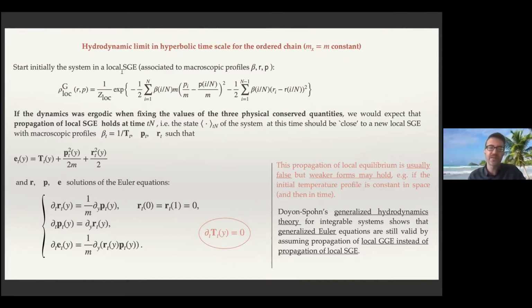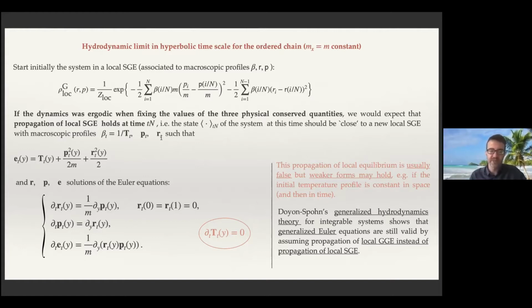Okay, so it is a local standard Gibbs ensemble. The general theory of statistical mechanics says that if you start with some local Gibbs ensemble like this one, we would expect that at time tn, in the hyperbolic time scale, where n is the length of the chain, the true state of the dynamics should be close, in some sense to be made precise, to a local standard Gibbs ensemble, in this form but with some new parameters: inverse temperature beta_t, depending on the time t, some average momentum p_t, and some average stretch r_t,